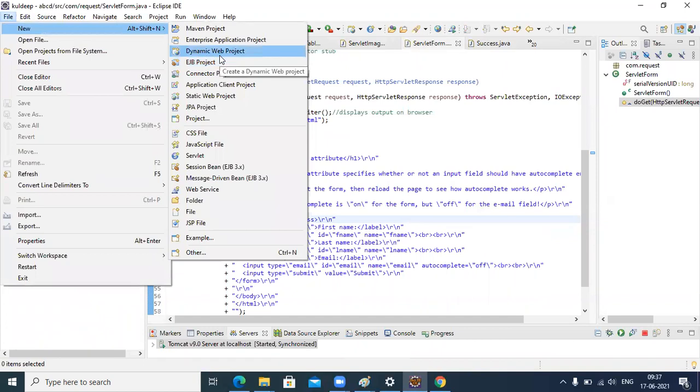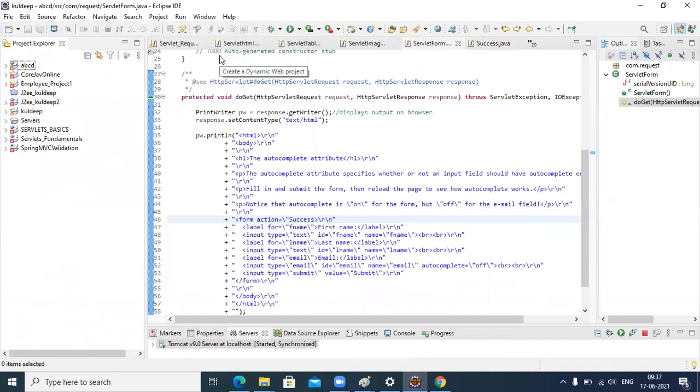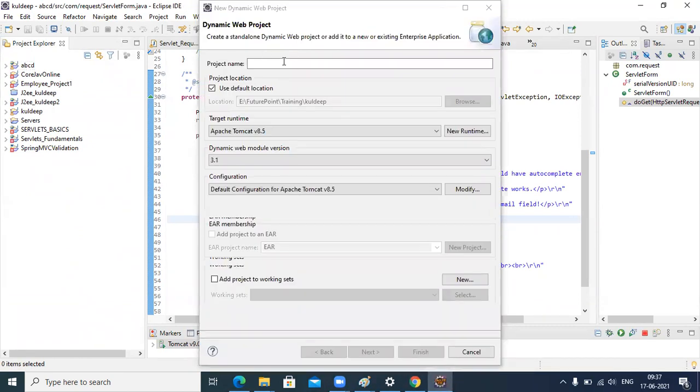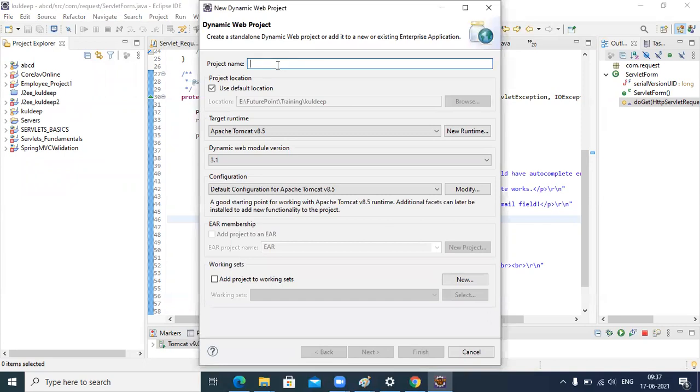You have to create a dynamic web project in Eclipse. Create the dynamic web project and give a project name, let's say Sample cargo application.